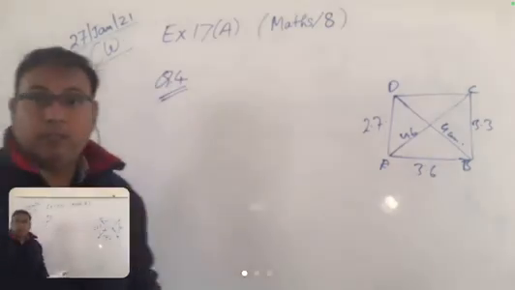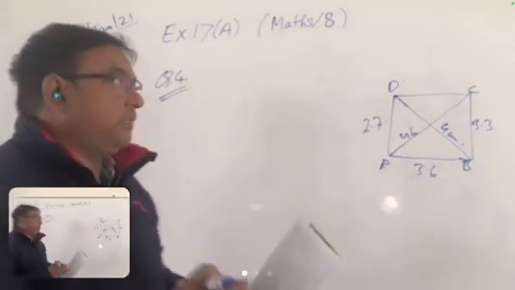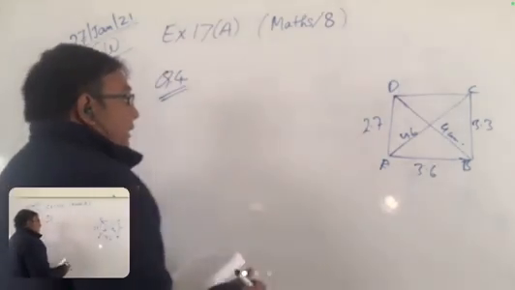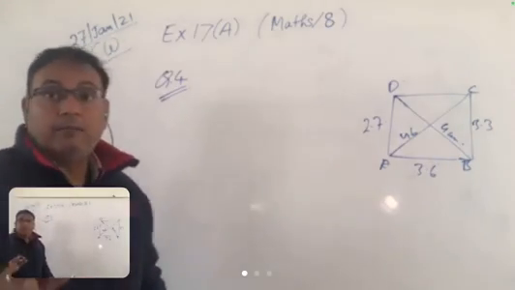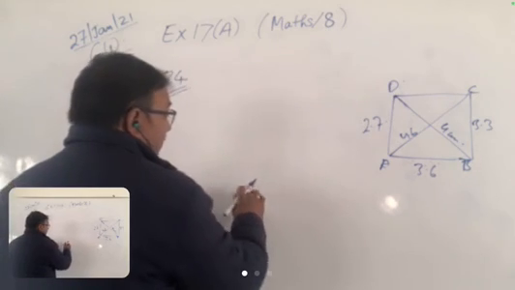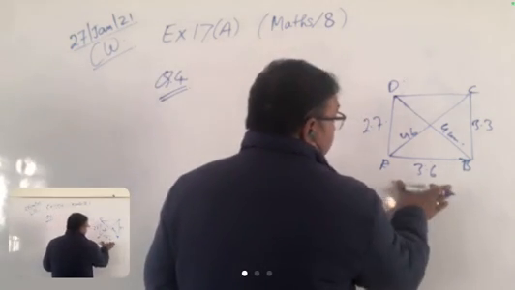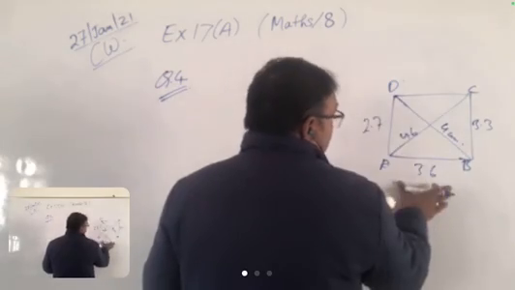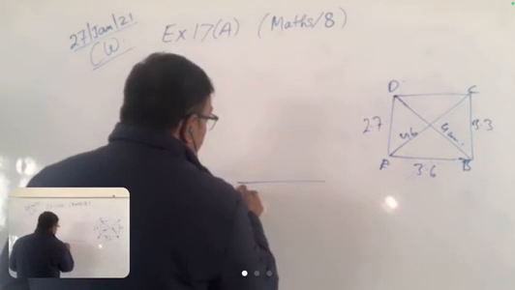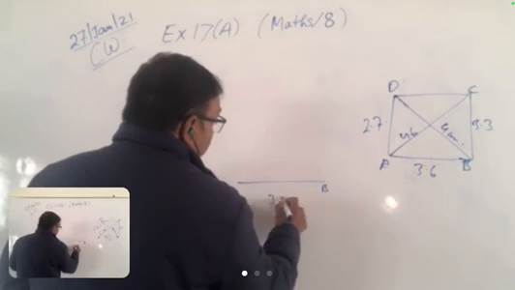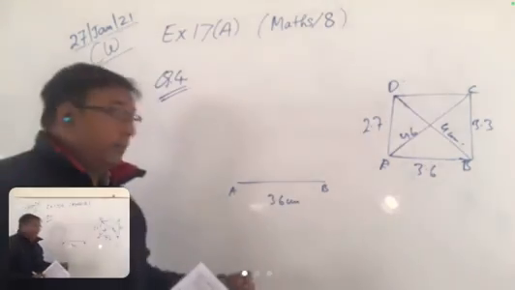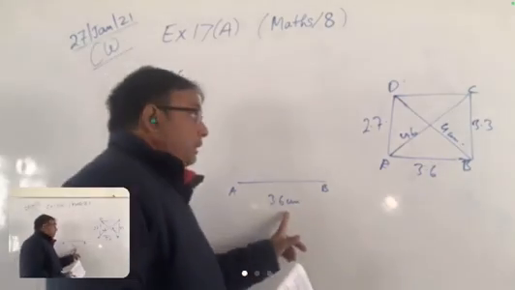Now from question number 9, we change a little. We can change the way of constructing the quadrilateral. Before we were drawing the diagonal, now we can draw the side. According to the rough figure, because this side is unknown, we start with AB. First, AB, everyone draw please, AB 3.6 centimeter with the help of scale.